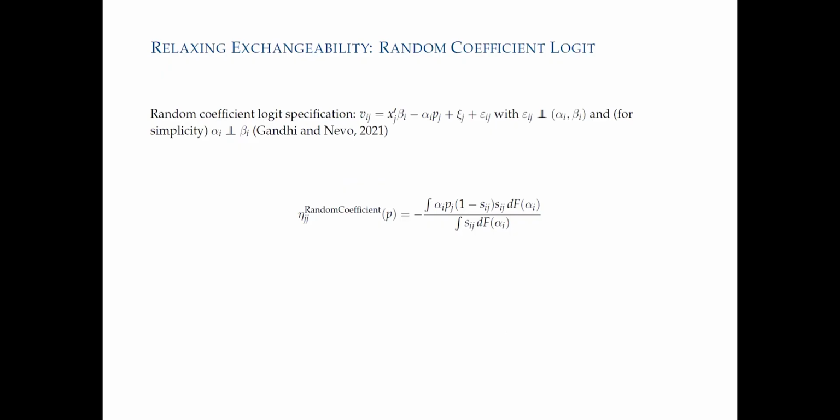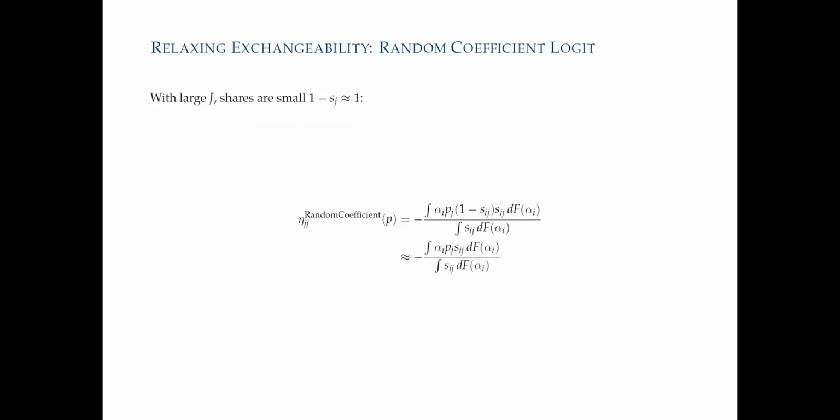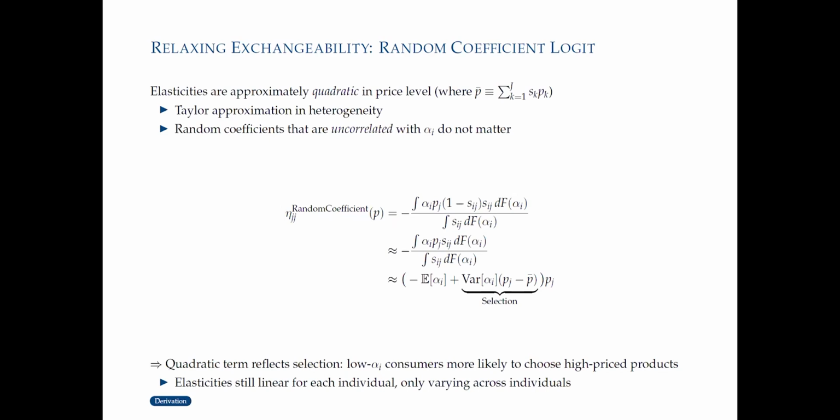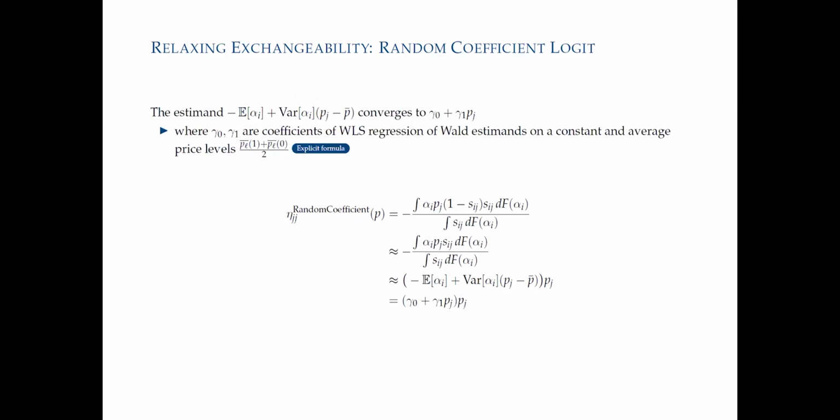Okay, what about the random coefficients? Okay, we have the same results. Random coefficients, this is the elasticity. I'm focusing on price for now for the sake of time. Small share approximation. Here's a new result. You remember how logit is linear in price? BLP is quadratic in price. Okay, same thing. Just instead of being linear, it's going to be quadratic.